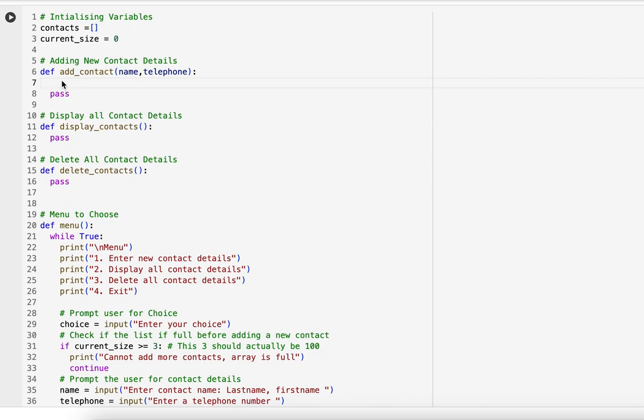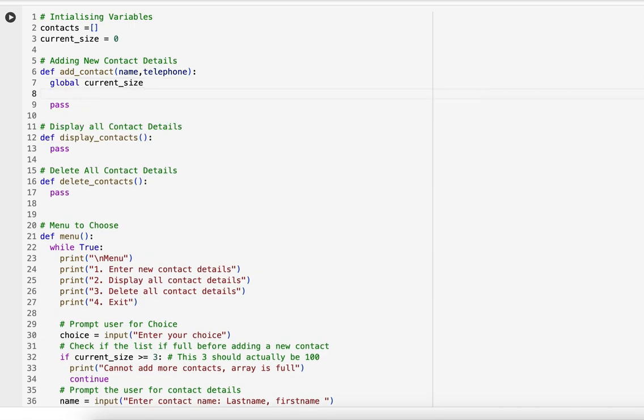So let's look at the function of adding a contact. Now what I'm going to put here is global current_size. So therefore this is defining current_size as a global variable that can be seen all across the whole program, just to make sure. So let's add the name and the telephone to the contacts. So if I say contacts.append(name, telephone),